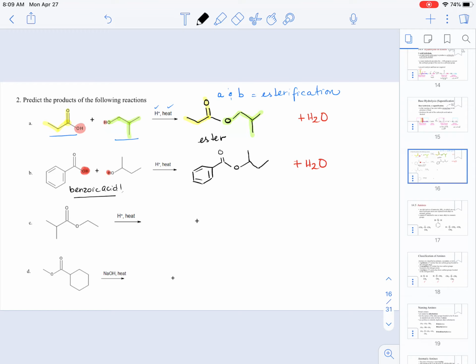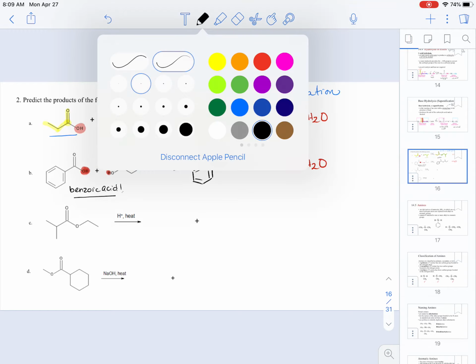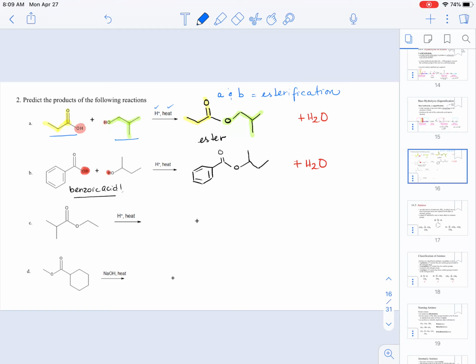So on C, we have acid hydrolysis of an ester. And remember that when we have acid hydrolysis of an ester, we're going to be making a carboxylic acid and an alcohol. Whenever we have this, we must take into account that we're going to cut the molecule here. The portion of the molecule that retains the C double bond O,